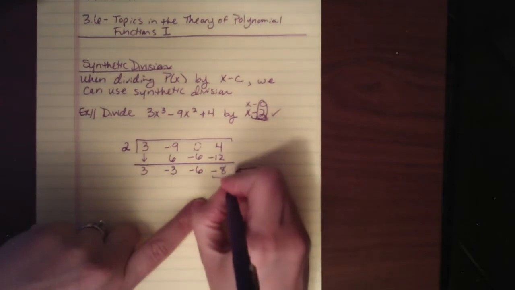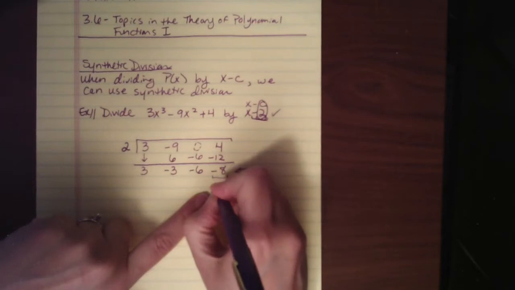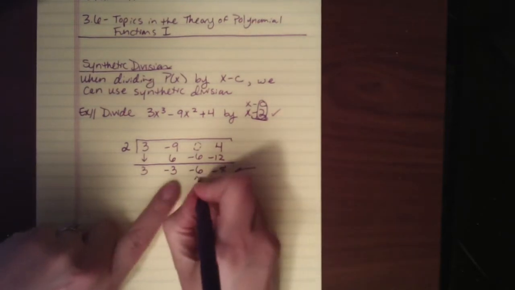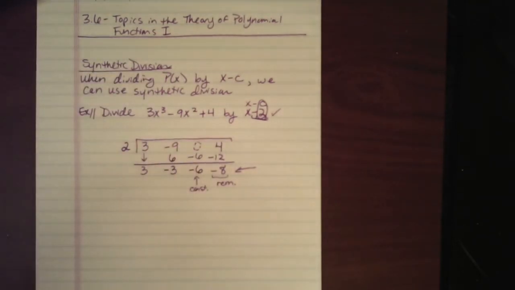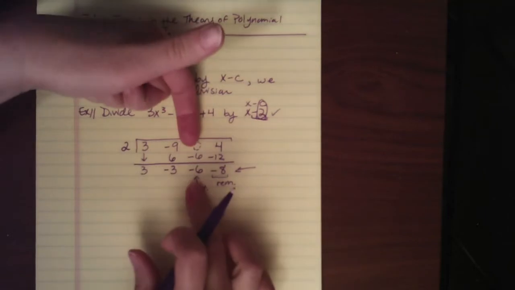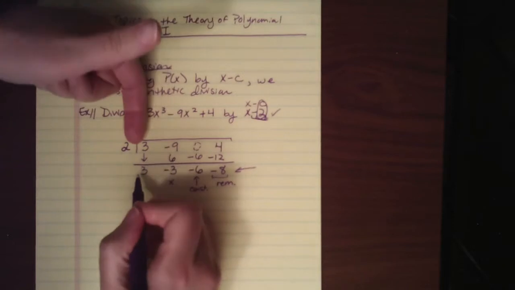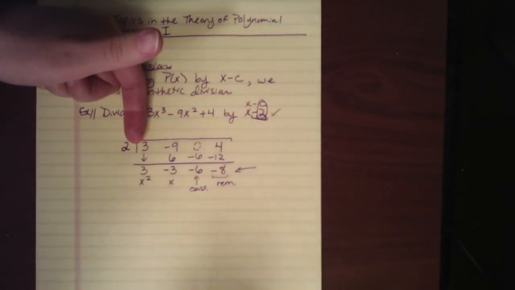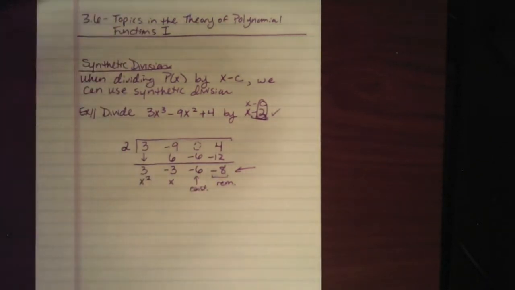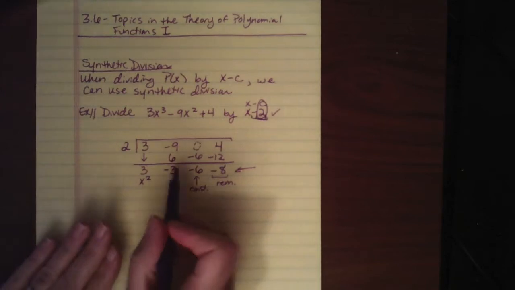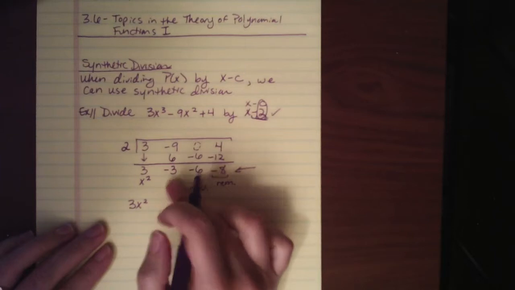Well, it turns out that this final term below the horizontal bar right here, that's always your remainder. This is your constant term, and then everything else proceeds to the left in ascending order, right? So if we have remainder, constant term, this is the coefficient associated with the x. This is the coefficient associated with the x squared. If there was another one over here, that would be paired with the x cubed, x to the 4th, and so on. Okay, so what this is actually representing here is 3x squared minus 3x